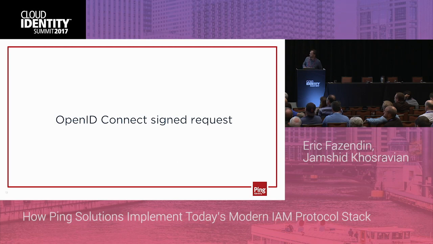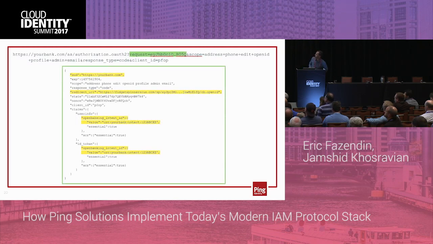And this is to show you what it's going to look like. I was a little worried about how small that font would be, but hopefully you can see it. At the very top is an authentication request URL to an OpenID Connect provider. The part highlighted in green is this new request parameter that's going to be included. I abbreviated the value of that, but that would be an encoded JWT. The body of the slide here is the data payload of that JWT. So you can see that it's being issued to, or the audience is, your bank,